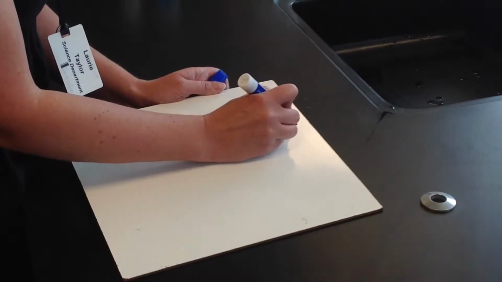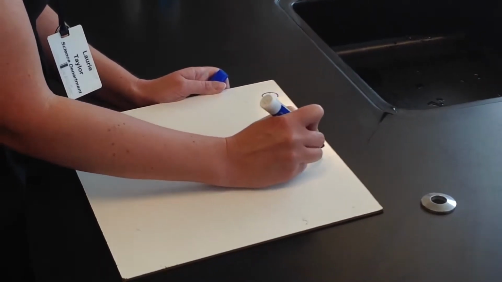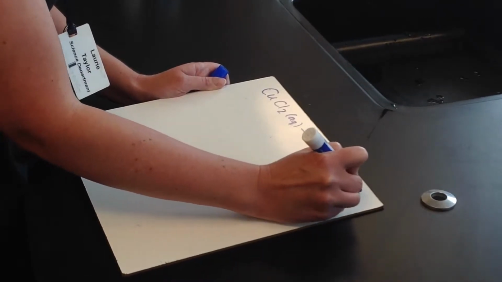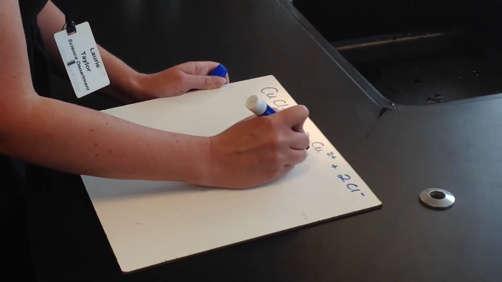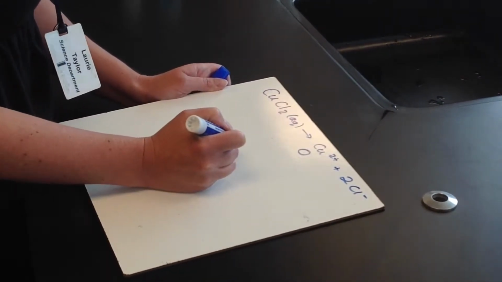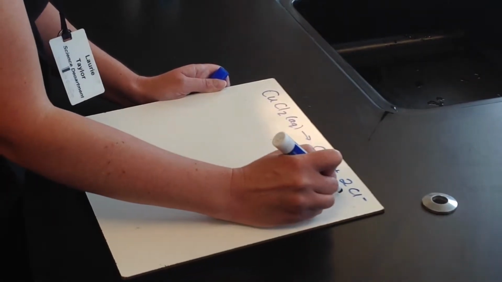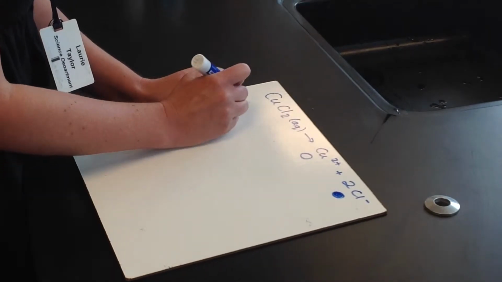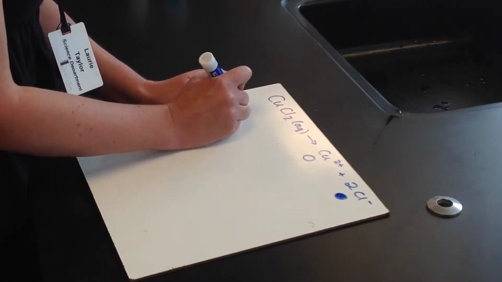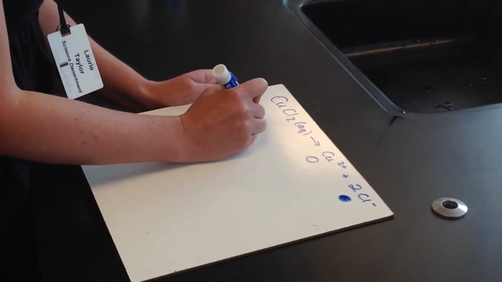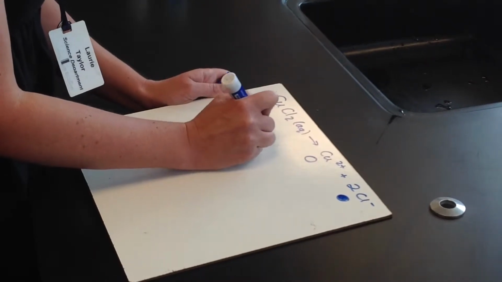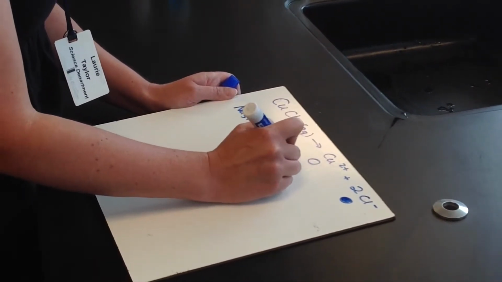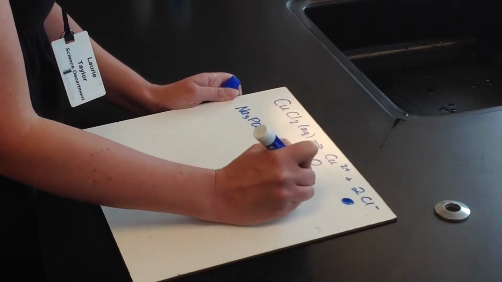So this copper chloride aqueous is going to dissociate into its ions, Cu2+, and then 2 Cl−. For my key, the copper ion is going to be an open circle like before. Chloride is going to be a closed circle. Okay, and then we have sodium phosphate, which is here, aqueous. And when it breaks apart into its ions, or dissociates, you actually get 3 positive sodium ions and then